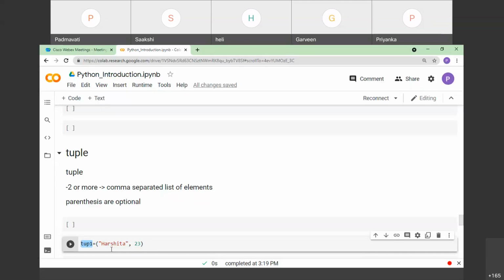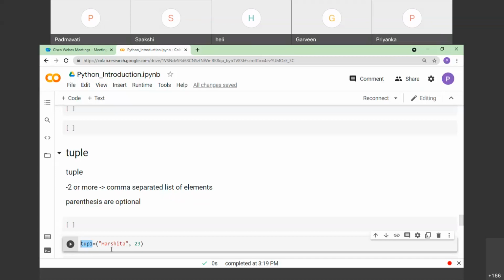As I mentioned, a tuple is nothing but a sequence of elements. Those elements can be homogeneous or heterogeneous. That means I can create a tuple which consists of all elements of the same type, or of mixed type.